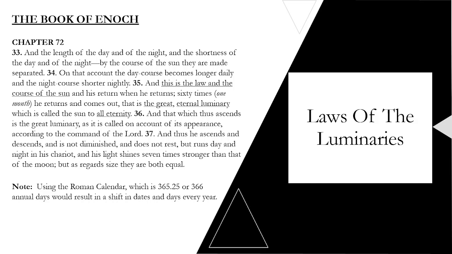These are annual days. And if we were to use the Roman calendar, it would result in a shift in the dates of the holy days every year. If we were to use the days of the Roman calendar, 365 or 366, versus what YAHUAH is asking us to use, 364, yes, that one day, 1 or 2 days makes a difference in how the days land moving forward throughout the years. And I believe when we begin our illustrations, I think you'll see that.